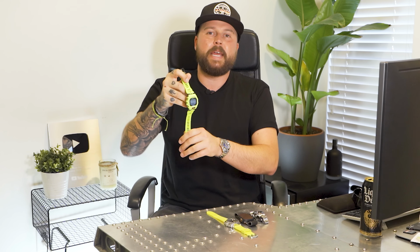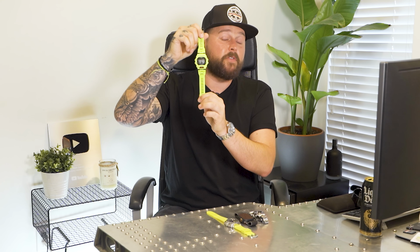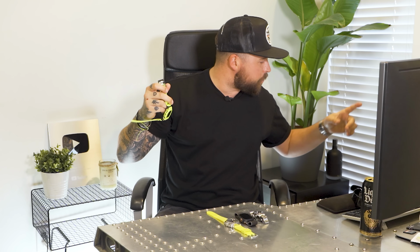There's all the functions you need, like a stopwatch, world time. This is actually a smartwatch, so it'll do step tracking. You'll get notifications on it. It has an alarm, all the goodies that you'd expect from a digital watch. Now this one I believe right now is going for about $155, but you can also get more basic G-Shocks